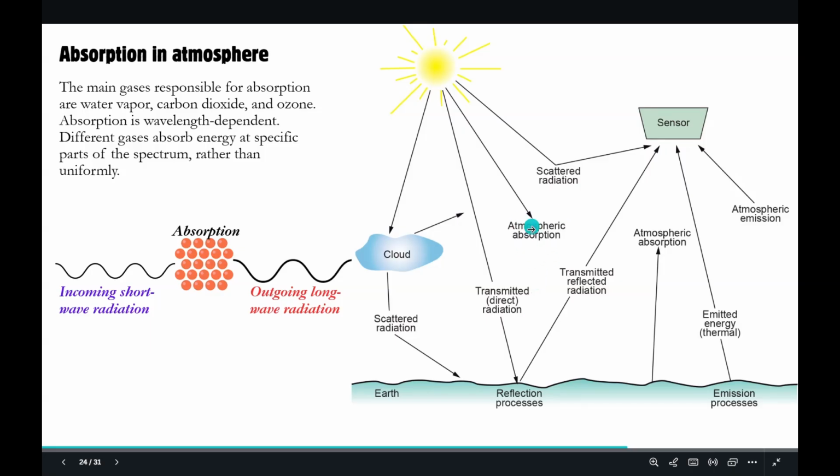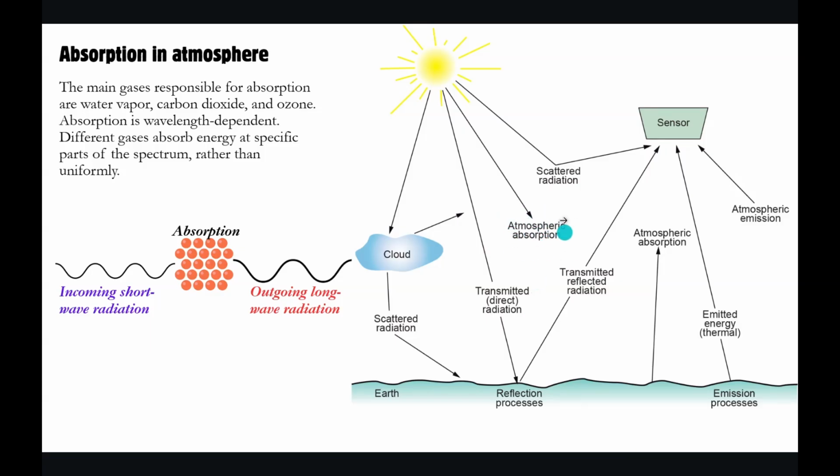When it is absorbed, the temperature of the atmosphere will rise, and then at night, when there is no solar radiation and no more radiation is absorbed, that heat will be lost. It will be radiated back, emitted in long wave radiation. So incoming was short wave and outgoing will be long wave. Now there is another radiation that comes and gets scattered only, not really reflected, and from the atmosphere itself, without coming towards the surface, it goes back to the sensor.